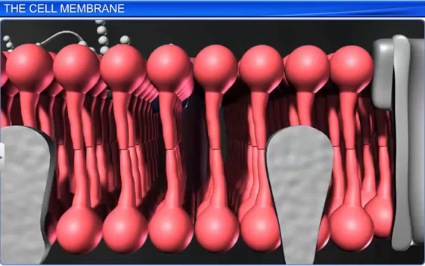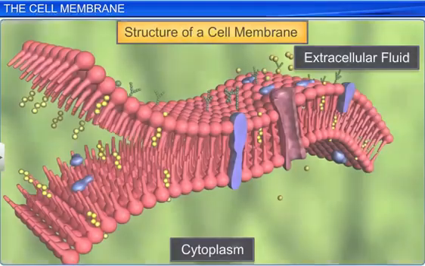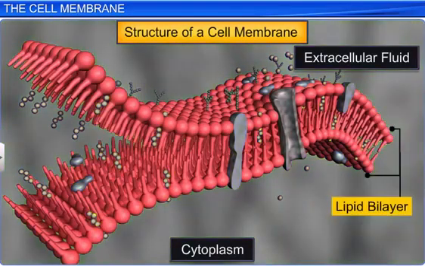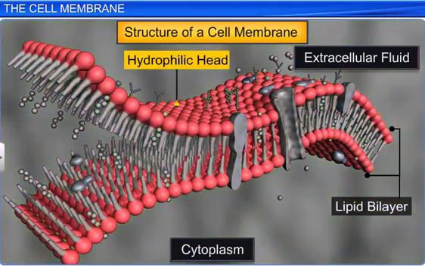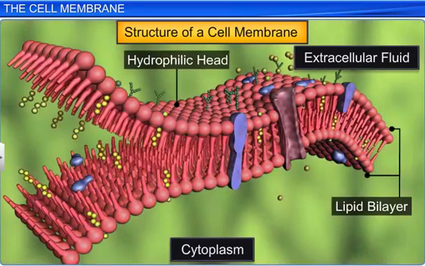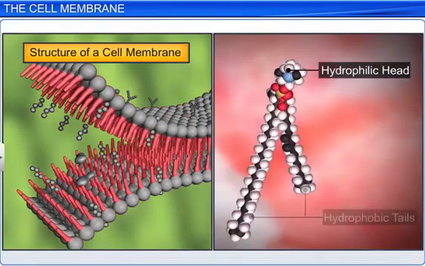Before the advent of the electron microscope, scientists conducted chemical studies on the cell membrane and deduced that it is composed of lipids that mainly consist of phosphoglycerides. These lipids are arranged in a bilayer with the polar hydrophilic head of both layers pointing outward towards the aqueous environment, and the nonpolar hydrophobic tail made of saturated hydrocarbons pointing inward. Such an arrangement not only protects the tail from the aqueous environment,